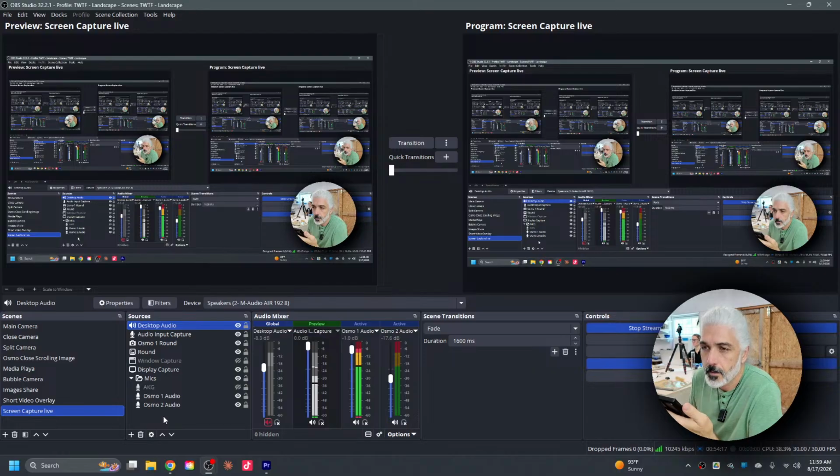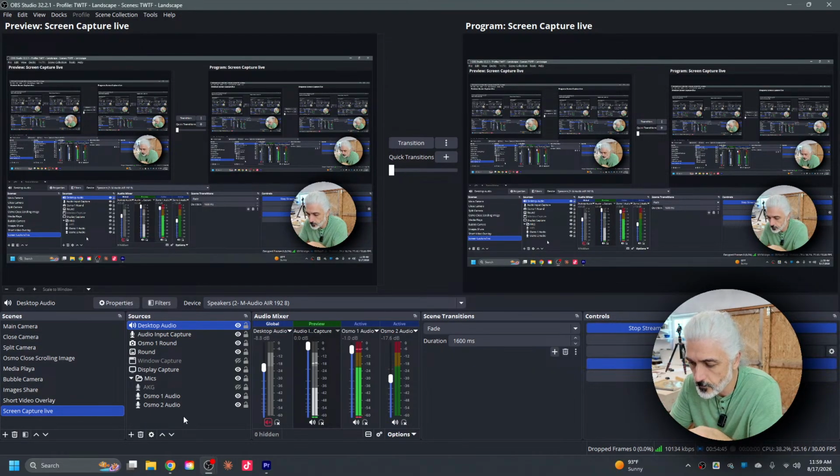I have a video playing in Premiere that is being streamed live through OBS to YouTube. And I want to know how to get the Premiere display audio to play through OBS to stream to YouTube.